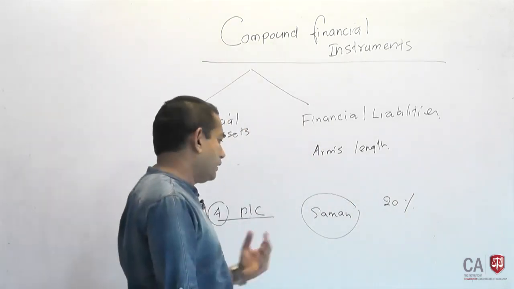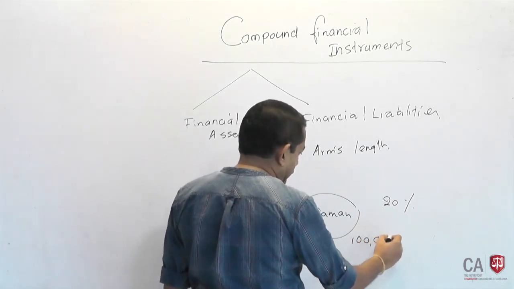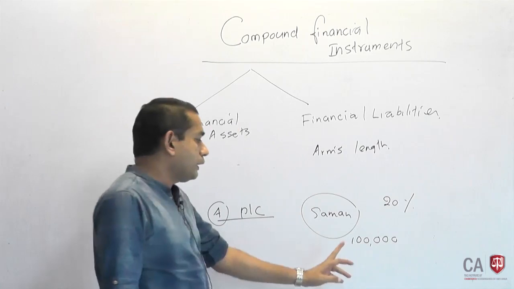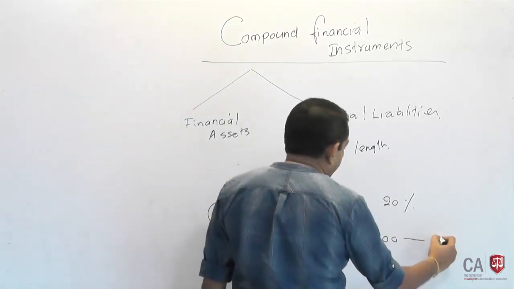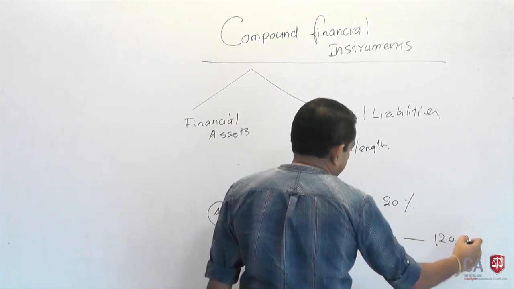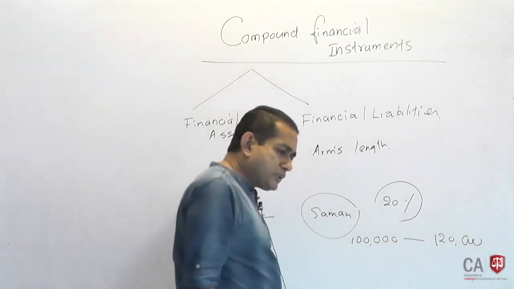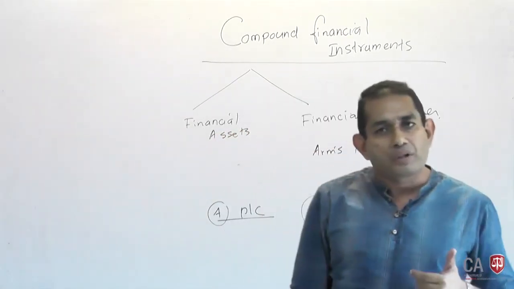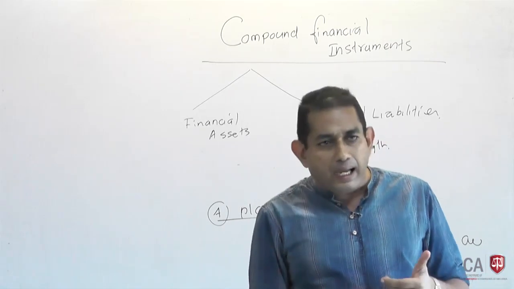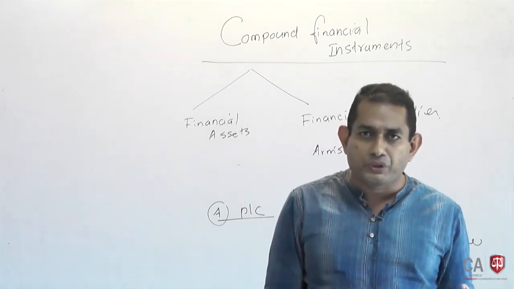What is the loan? How much of a loan does he need? 100,000. And then the bank says, look, we are granting you 100,000 rupees now, and you are supposed to repay in 1 year's time at 120. The interest rate was decided based on existing market forces, and it was not influenced by any other relationships.